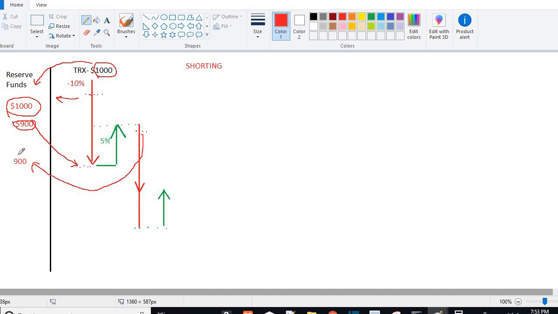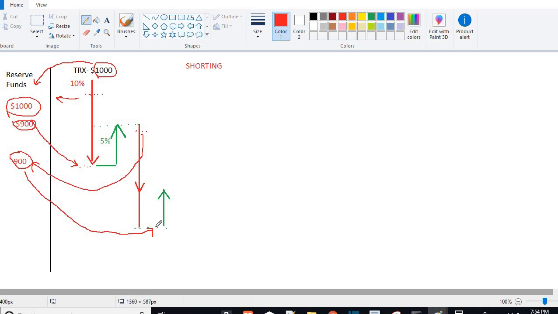I'll take this amount. It might even be less. And I will buy back here, buy back at a less amount. It might be 800 or 700, but see what we're doing is we're balancing